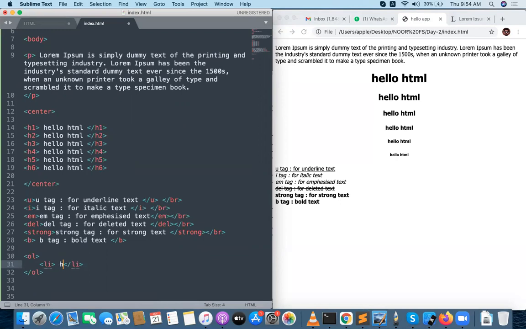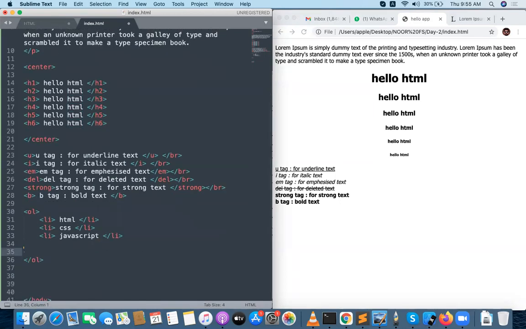Suppose like HTML, CSS, JavaScript. Ordered list items.